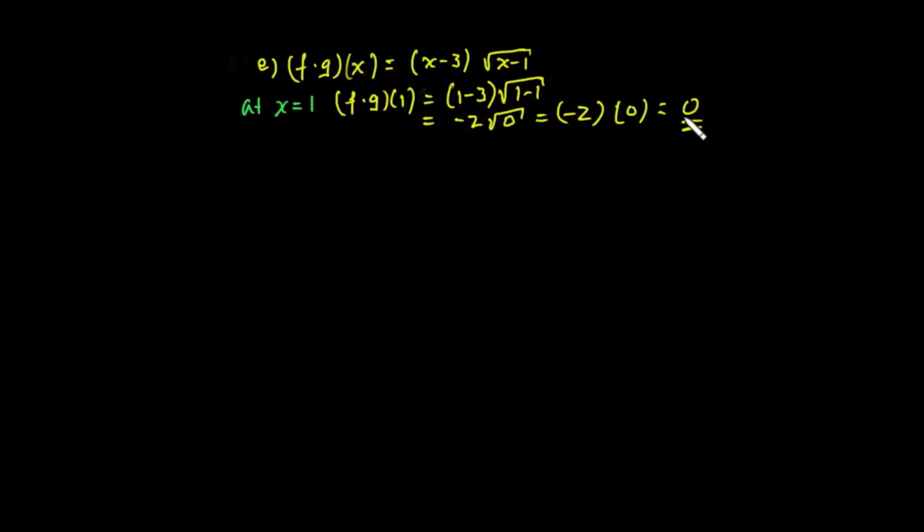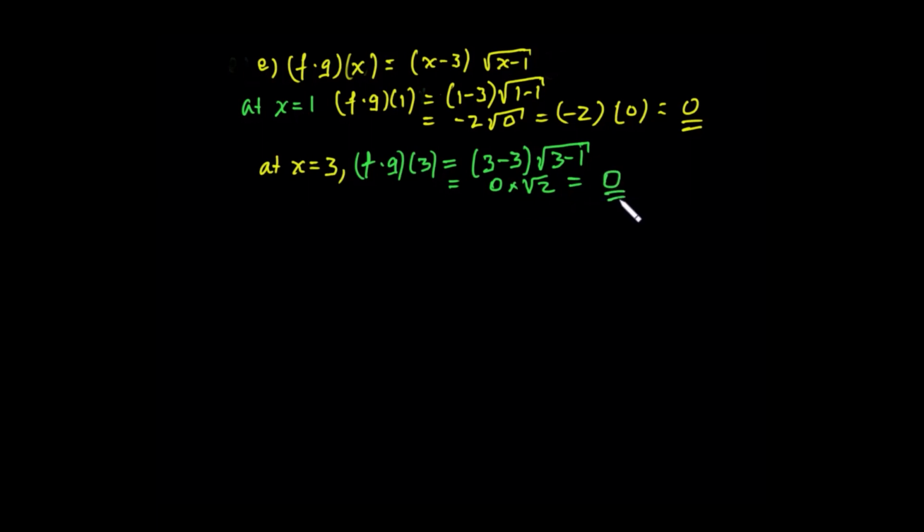ስለዚህ ያቺ ቫልዩ 0 እንደሚመጣ አየን ቀጥሎ at x equal to 3 እንሄዳለን at x equal to 3 f times g of 3 ማለት ነው ስለዚህ f times g of x ዛምታና በx ምትክ 3 ማስገባን ነው this is equal to 3 minus 3 times square root of 3 minus 1 ይመጣል 3 minus 3 is 0 times square root of 2 ይመጣል times square root of 2 and this becomes 0 አያችሁ በሁለቱም ኬዝ 0 መጣ ማለት ነው እንግዲህ ይሄንን ለf times g of x በሁለቱም በአንድም በሶስትም አይተናል ስለዚህ በሁለቱም 0 መጥቶልናል።